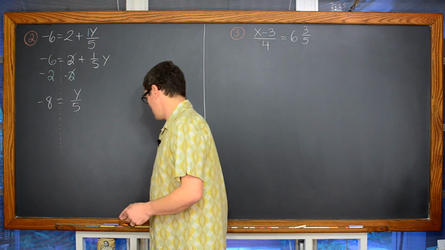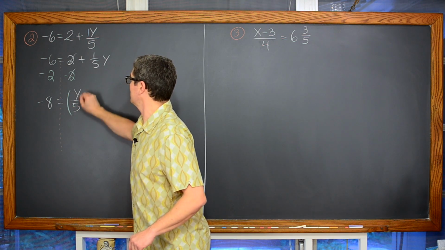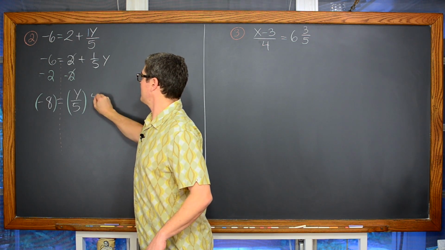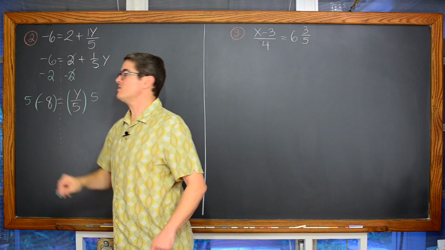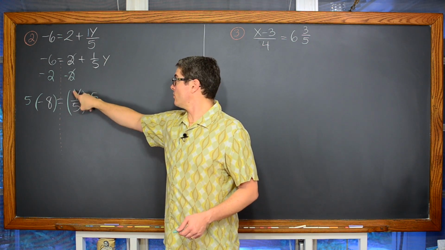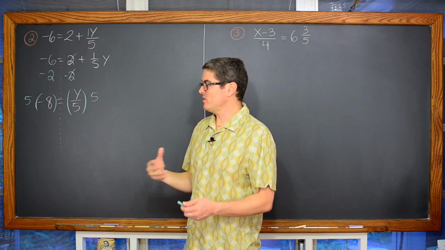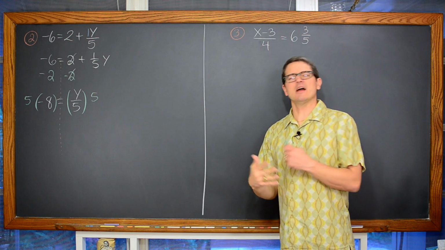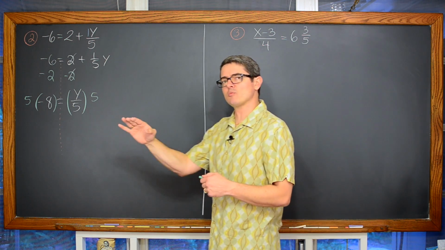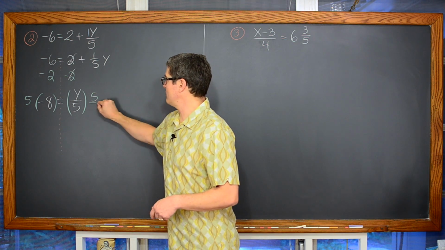So we're going to take this equation and multiply both sides of the equation by 5. Now that 5 is in the denominator and the y is in the numerator. And now I'm just writing a 5 off to the side. When you start working with fractions, it's helpful to have everything written as a fraction so you see those numerators, the tops, and the denominators line up. So let me go ahead and put that 5 over 1.